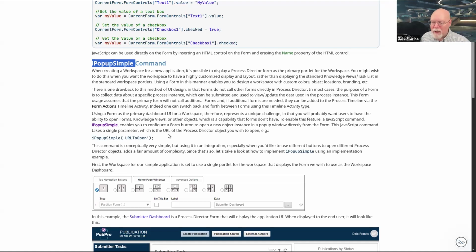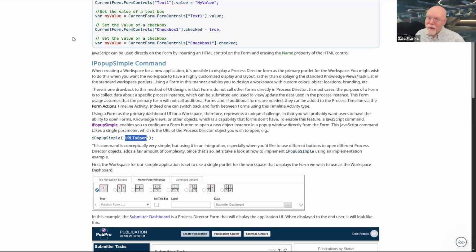We can open them up in a new window via JavaScript. And all we need to do is provide them with a single parameter, the URL that we want that particular item to open.